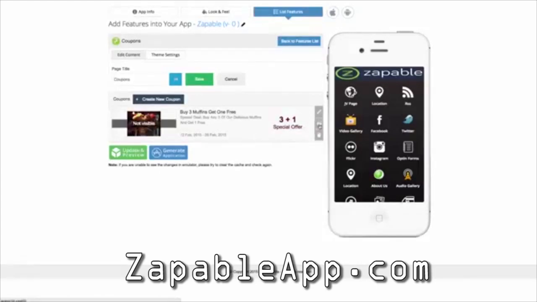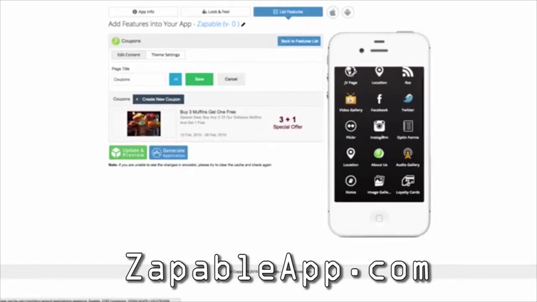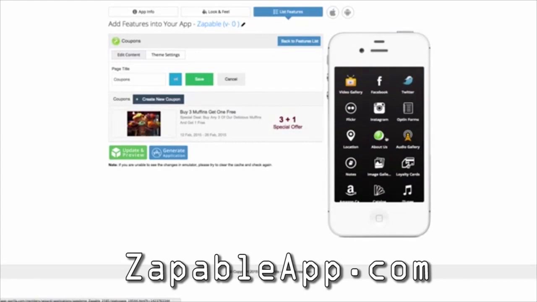So you can hide the coupon, and if I do that, it'll instantly not be visible within the app, or I can choose to show it, or I can just delete it. If I create a new coupon, it will display automatically within the application. There's no rebuilding your app and then submitting it again for approval. Everything you add in here will automatically display in your app to all your users, and it goes for everything,